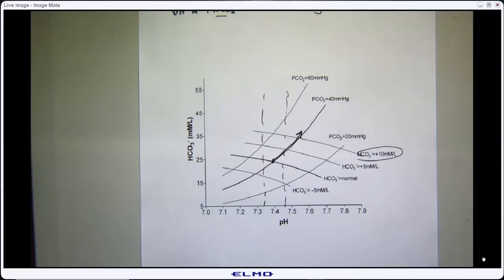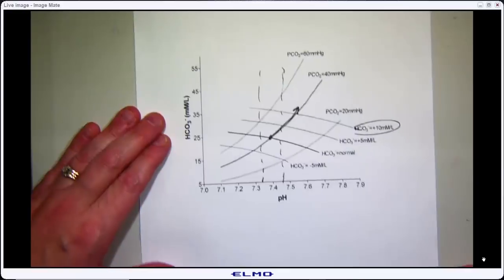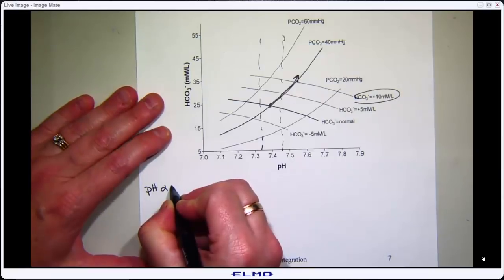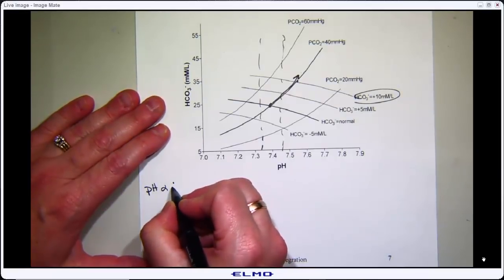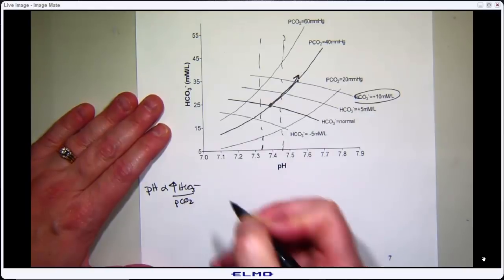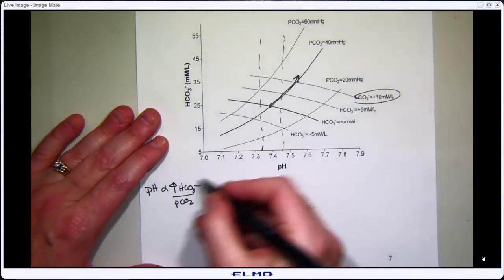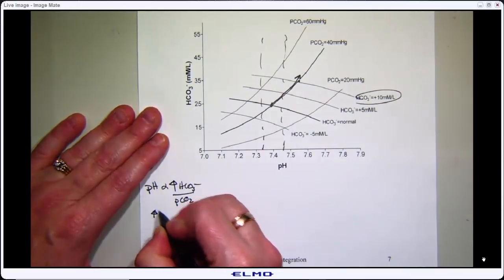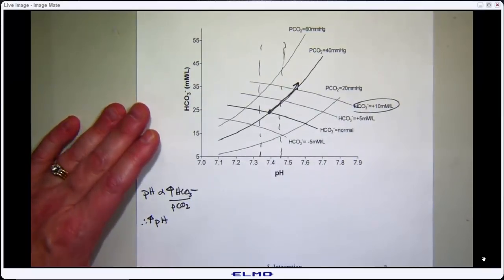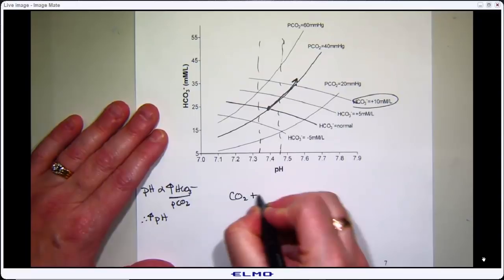So again, you can already start to see how we might be returning ourselves back to normal and what ventilation, or CO2, is going to have to do to get ourselves back to the normal zone. If we think about our Henderson-Hasselbalch equation, we have an increase in our numerator, so we should expect to see an increase in pH. Okay, that totally jives with what Davenport would tell us. And if we think about our CO2 relationship,